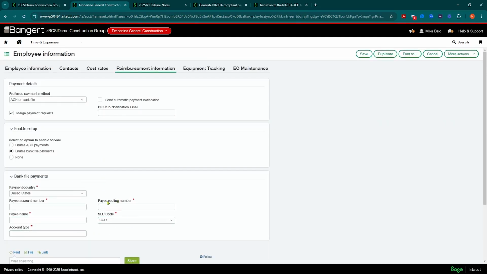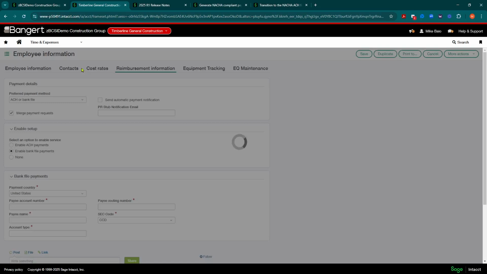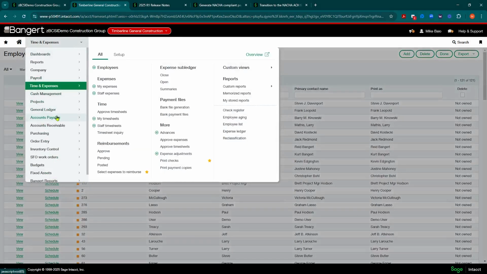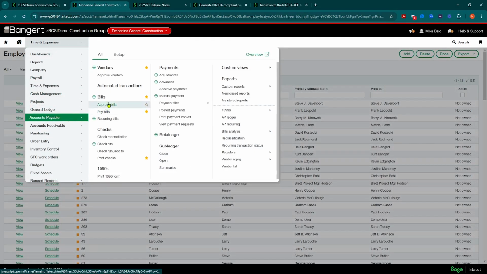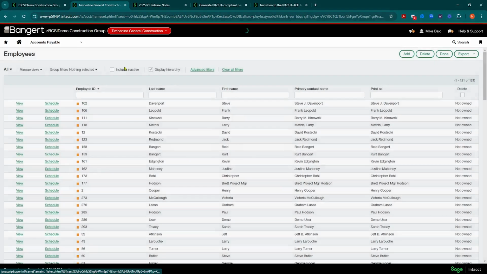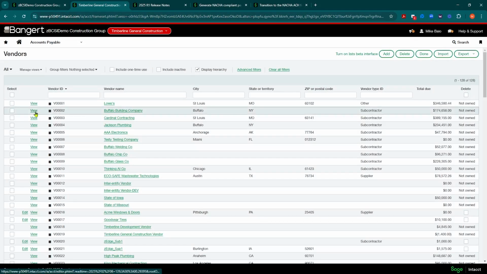Notice it does not grab the information from the ACH payment over automatically. And that's where the import template can come into play. So there's a way that we can get that information out and import it back in. That's all in those instructions that you saw earlier. So it would need to be flipped over on both ends like that. And then you would do the same thing for your vendors if you were paying any via ACH as well in your vendor setups. And I'm not sure if I have anybody in here, but let's take a look.